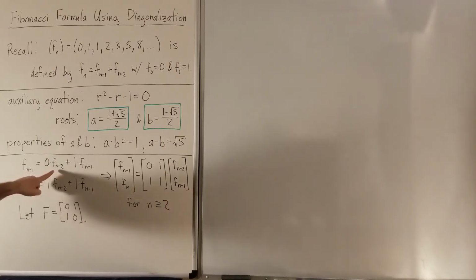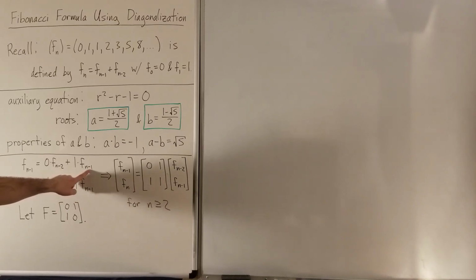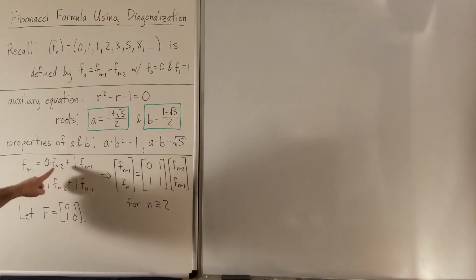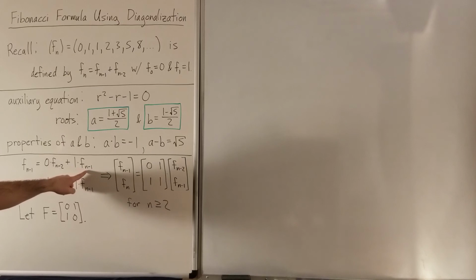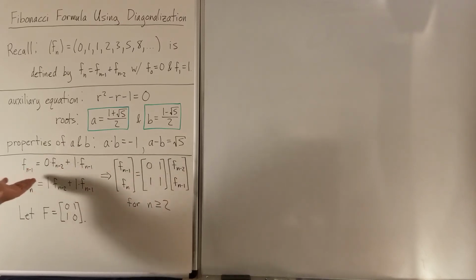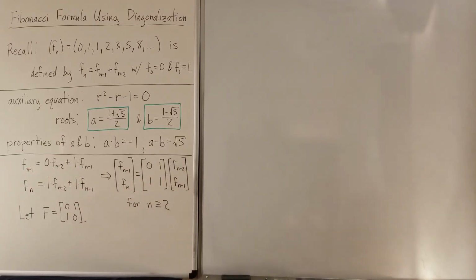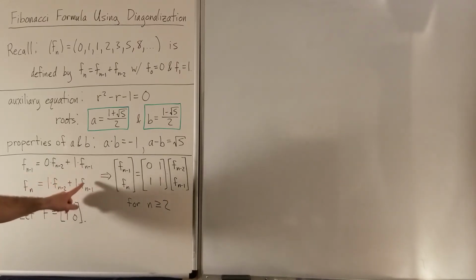F sub n minus 1 is equal to, well, in this case, I'm going to use F sub n minus 1 on the right side, so I'm just going to say it's 0 of these plus 1 of those. So F sub n minus 1 is equal to 1 times itself. Okay, so that's a silly looking equation, but it's convenient because now I have the exact same two terms that